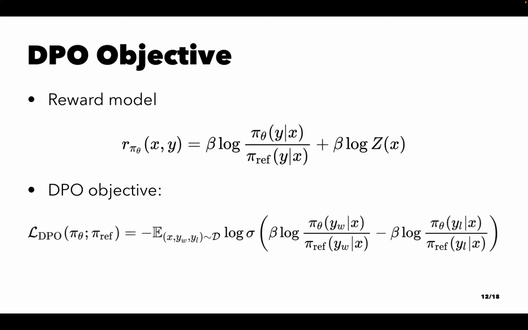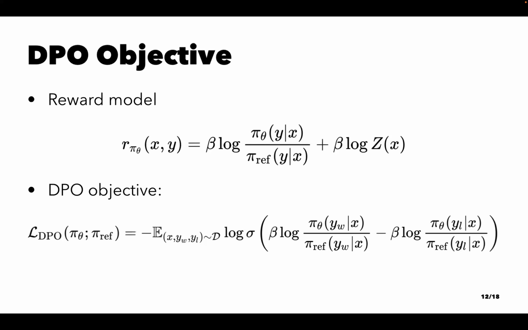Log sigma. So the upshot of this is that, given a reference model and our model that we want to train, we can just use this log loss to train it in a kind of supervised fashion, where we have our tuple of prompts, winning and losing completions, and essentially just train it without the machinery of reinforcement learning.